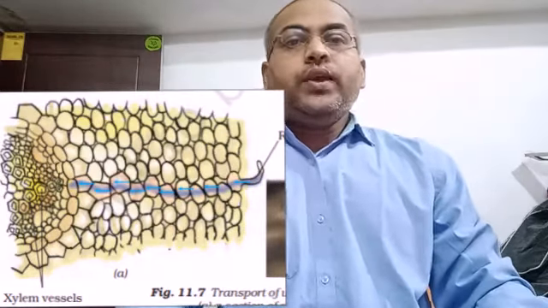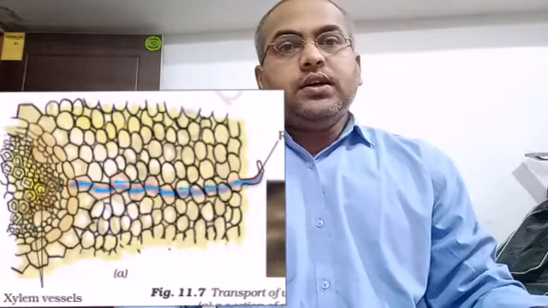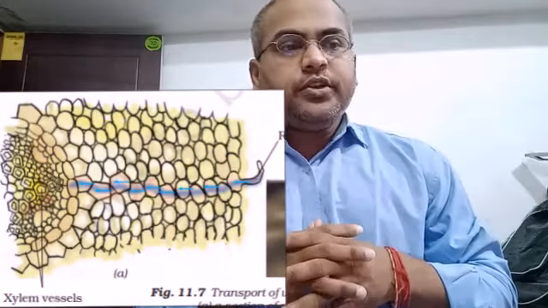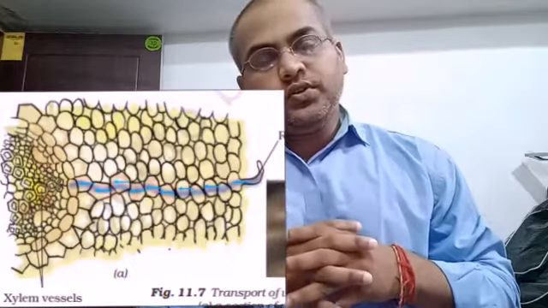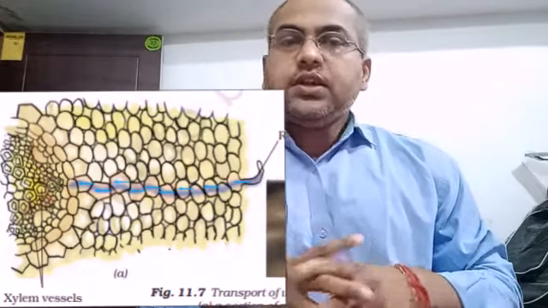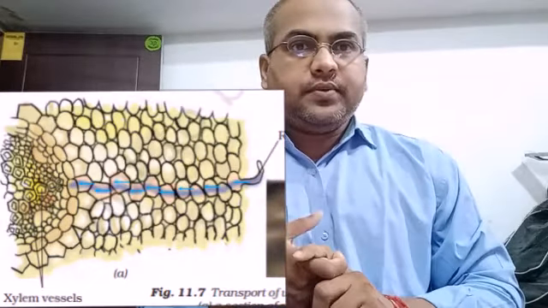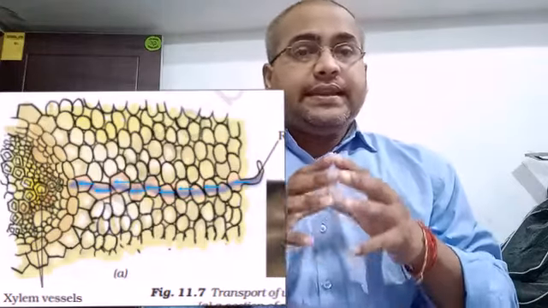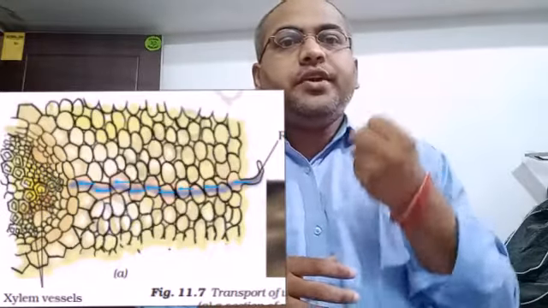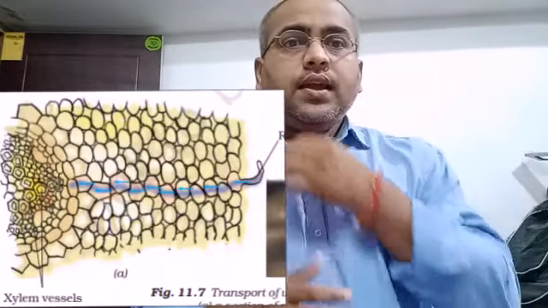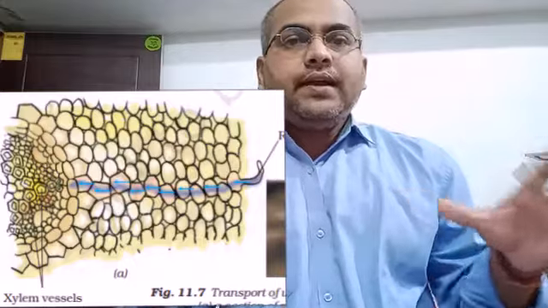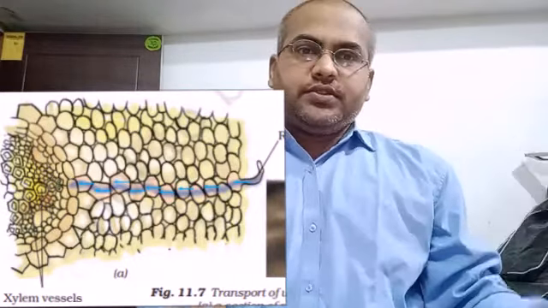So class, we had already learned in chapter 1 that the leaves prepare the food by the process of photosynthesis, and for this process they need water and minerals, basically water. They get this water with the help of the roots, which absorb it from the soil, and it is transported to the entire plant, its cells and leaves.